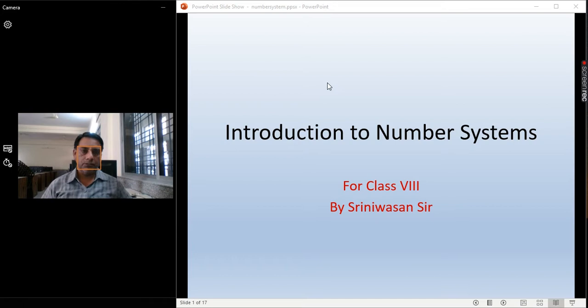This is introduction to number system for class 8. This is chapter 2 of your book. This number system is a mathematical procedure which describes how computer understands numbers, characters and all these things. Numbers are the digits, so that's why these machines are known as digital machines. So the entire processing of these machines is based upon some calculation of numbers.